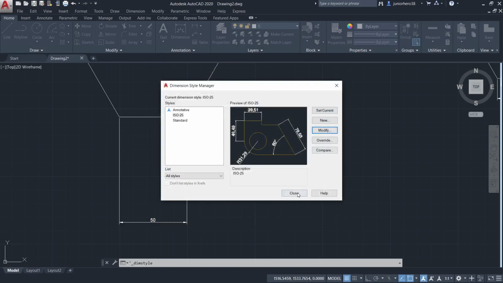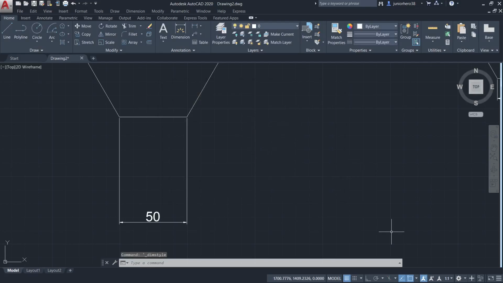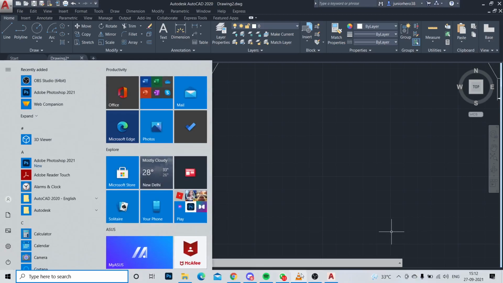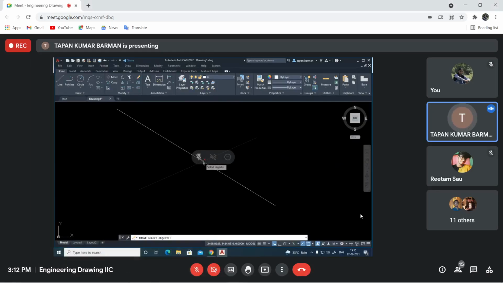Now you know the erase command. But if I use the erase command and try to delete only this part from here up to this, I cannot do this, because if I try to select, the whole line is selected. Got the point? I want to erase only this part, from this point up to this point. But what should be the procedure then?